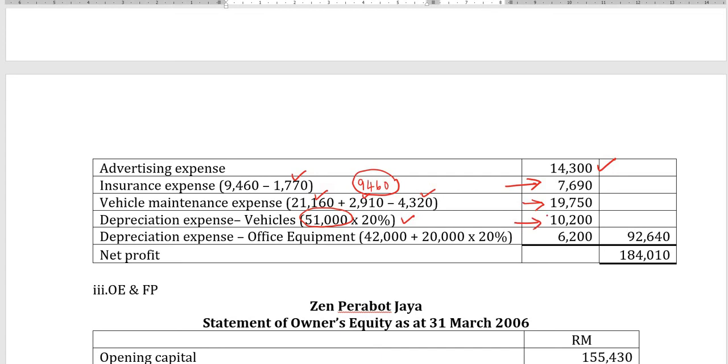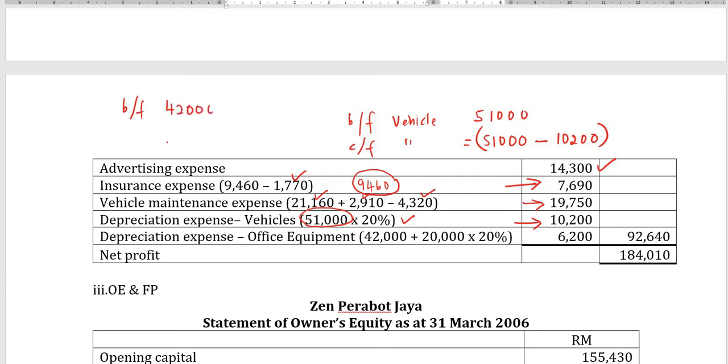So 10,200. Okay, jadi baki BF untuk vehicle is actually 51,000. Baki CF dia berapa? Baki CF dia ialah 51,000 minus 10,200. Yang ni kalau you nak kira ending capital nanti. Okay, what happened to office equipment? Okay, office equipment tadi dalam soalan baki BF dia bagi is 42,000. Tapi you keluarkan 25,500 tadi beli equipment, dan equipment you bernilai RM20,000. So this one you need to add up to here, baru boleh kira dia punya